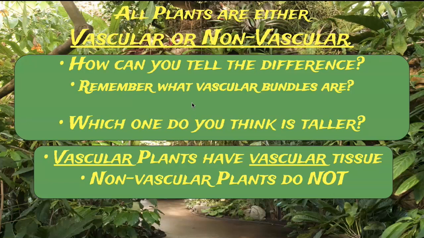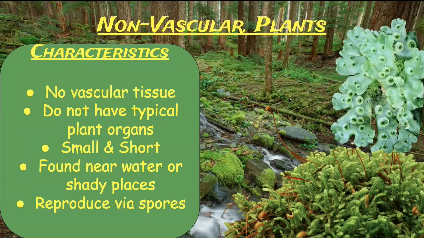If it has leaves, do you see veins in that leaf? Do you see a certain type of venation, the way those veins are structured? Those veins are the vascular bundles. And so again, when you're trying to figure out if you're looking at a vascular plant or a non-vascular plant, look for veins, look for a stem. If it's a tall plant, it's going to be vascular. All right? So what about the non-vascular plants then?